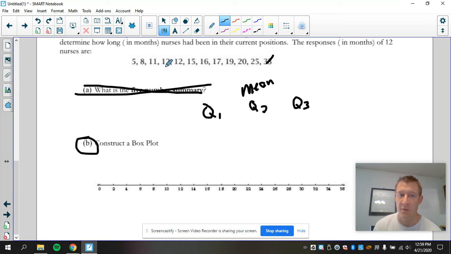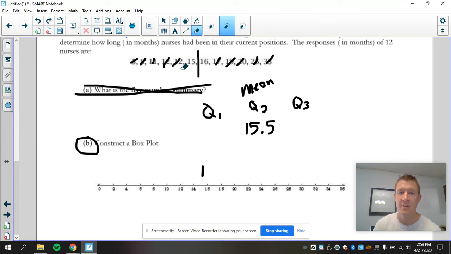So you're going to go through and start crossing out, crossing out, crossing out. And you're going to find that the middle of these is 15.5, just halfway between those two. Okay. You're going to put a line at that value of 15.5. Then, since that is where my line is on my numbers, you're going to go through and